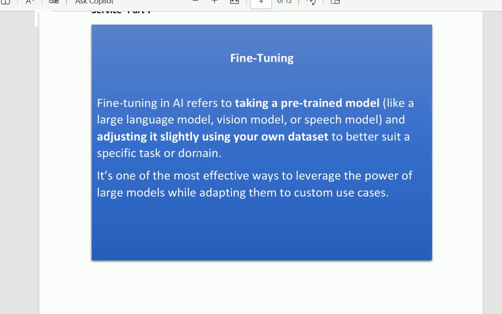It is one of the most effective ways to leverage the power of large models while adapting them to custom use cases. So it means that we take a generative LLM and after that we change it according to the requirement. It is known as fine-tuning.